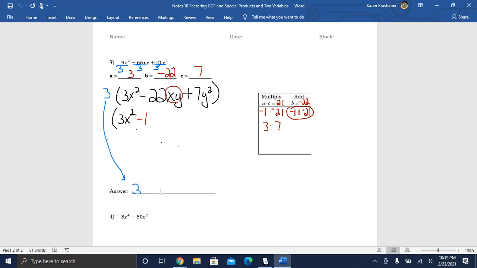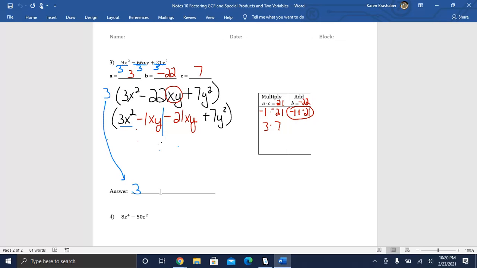Now I have an xy, so both my middle terms need to have that xy. And then my other number was minus 21. It also needs to have xy. And then plus 7y squared. So I can do the cut line,